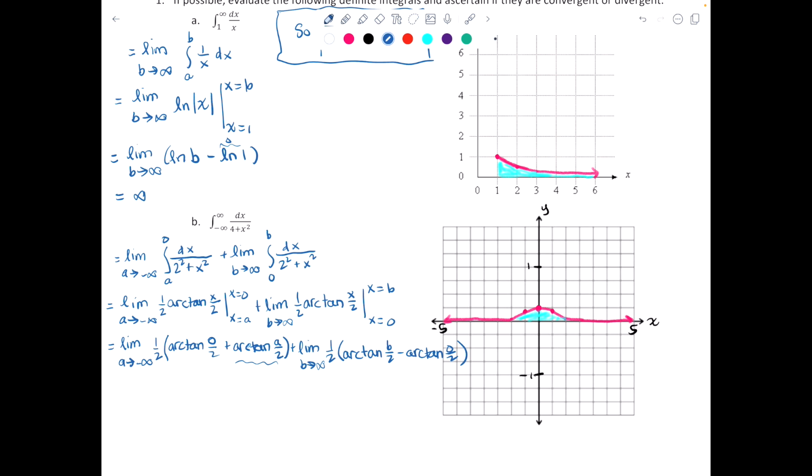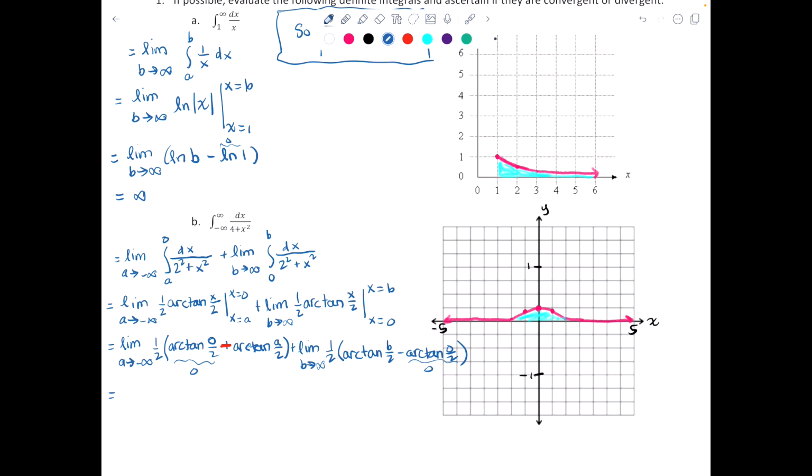So this right here will be 0. And then, sorry, this should be a minus. And then this one will be 0. And the limit as anything approaches infinity of a constant is just that constant. So we will end up with